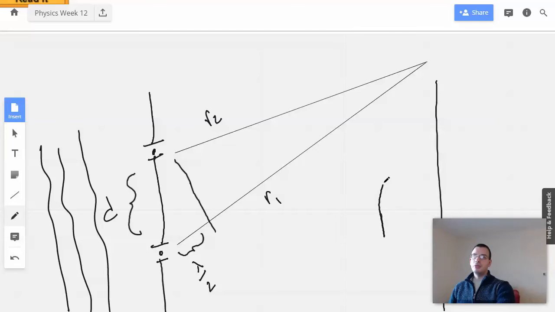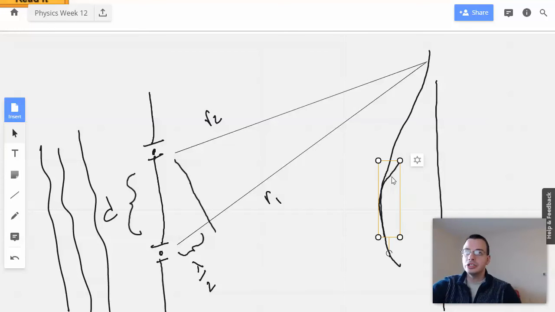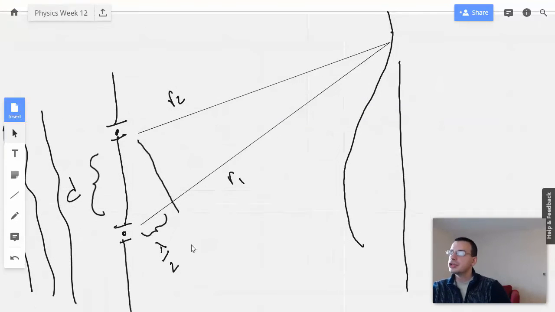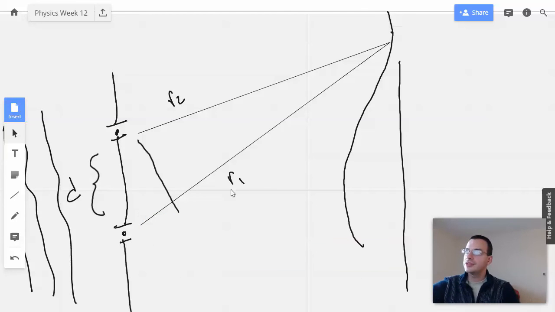So this is going to be representing amplitude. Here we have exactly 1/2 wavelength difference in the lengths. We're going to have destructive interference, i.e. a dark spot, no light. Okay, with that said, we now need to find some sort of way of formulating this. So one of the ways of doing it is